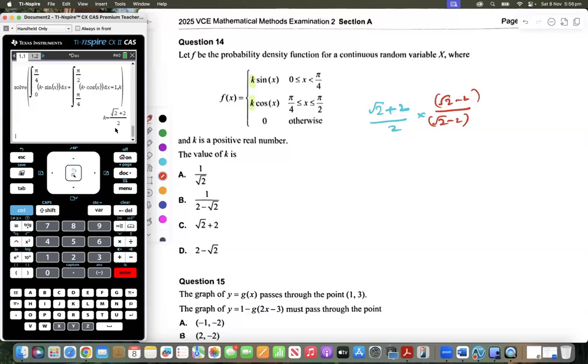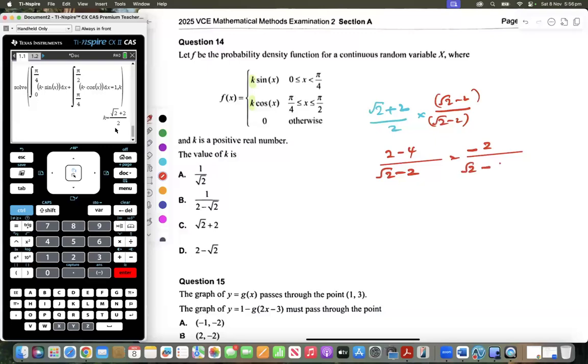Let's try it. So top will be 2 minus 4, bottom will be root 2 minus 2,